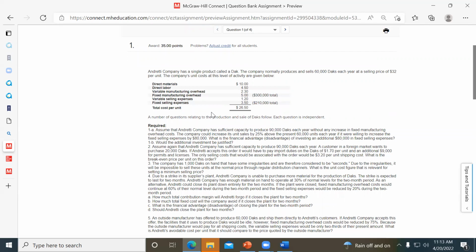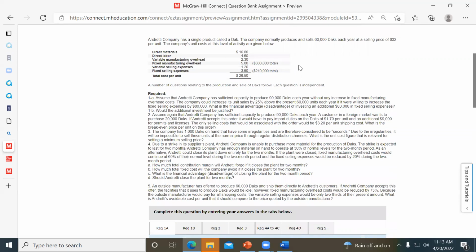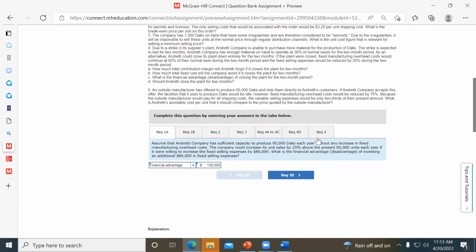The company's unit costs at this level are shown. A number of questions relating to the production and sale of DACs follow. So they're giving you all kinds of detail. Basically, you've got to show various responses. Here is 1A,